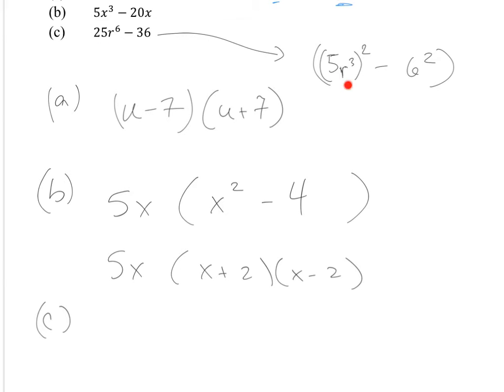Okay, because remember, r cubed squared is 3 times 2, giving you 6. A power to a power, those powers are multiplied by each other. So A is thus 5r cubed, and B is 6. For those problems, if they're like whole number,